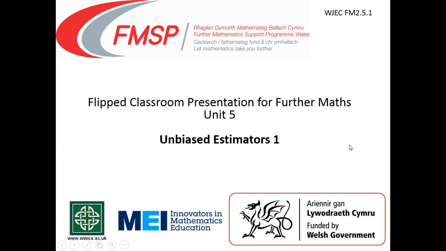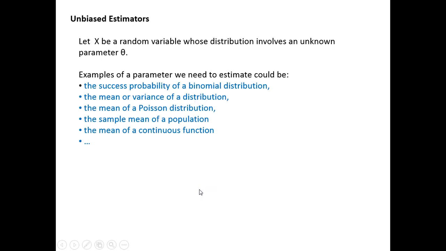Flipped classroom presentation for Further Maths Unit 5, Unbiased Estimators 1. Suppose x is a random variable whose distribution involves an unknown parameter theta that we want to estimate. Then examples of a parameter that we need to estimate could be the success probability of a binomial distribution, the mean or the variance of a distribution, the mean of a Poisson distribution, the sample mean of a population, the mean of a continuous function,